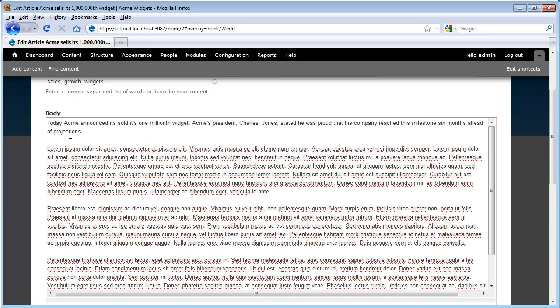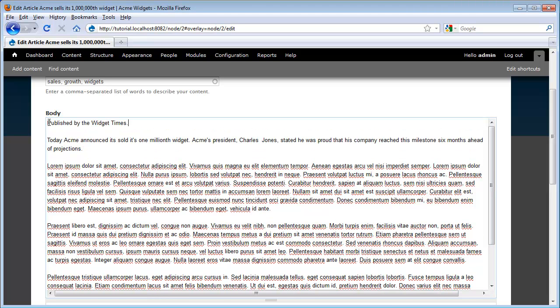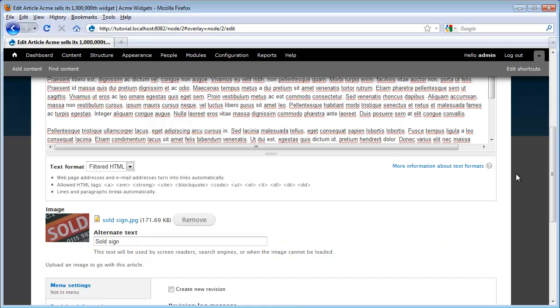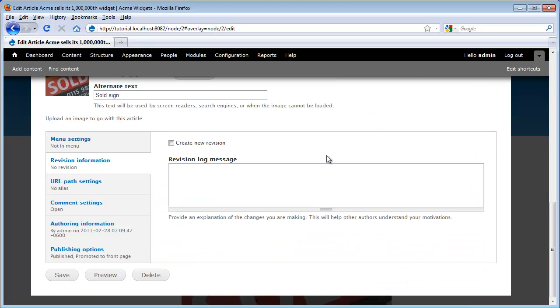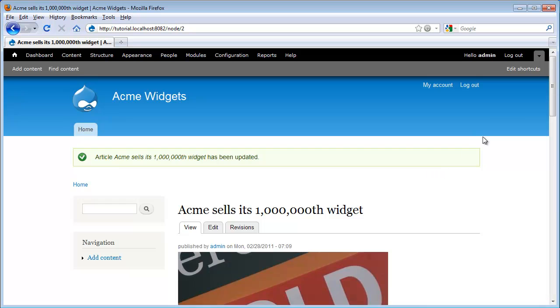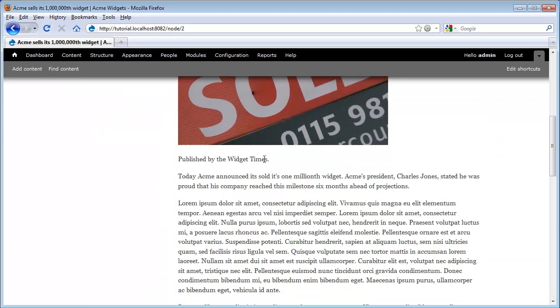So let's take a look at how this works by making an edit. Let's say that our legal department comes back and says, we need to attribute this article back to the place it was originally published. So I just want to add a new line, and now I want to scroll down and save a new revision in case we ever want to go back to the previous version. So we check this box, and then we want to put in a message as to why we created this revision. We click Save, and now we see our new line here, which is exactly what we expected,